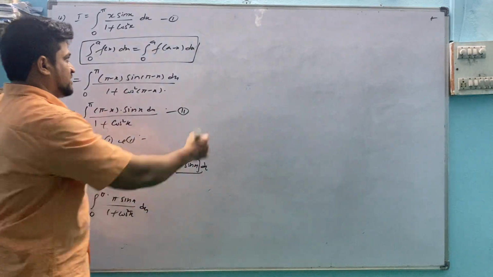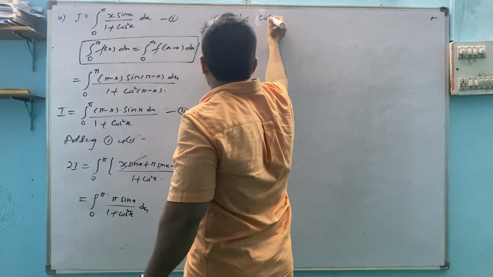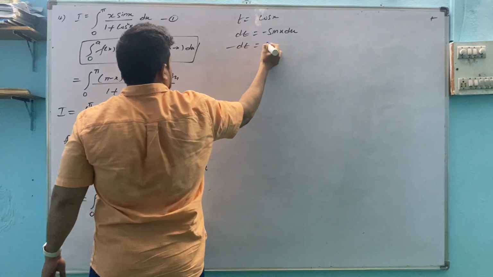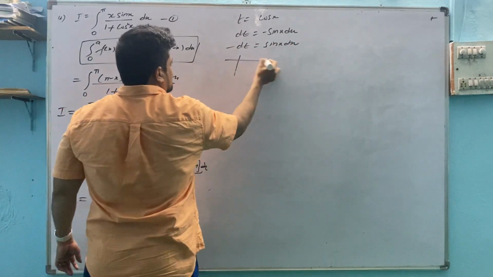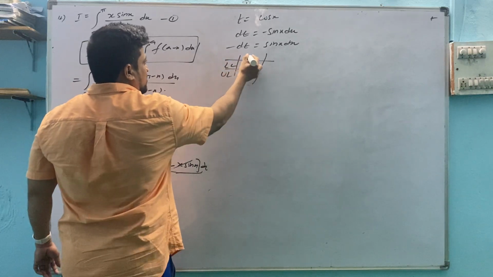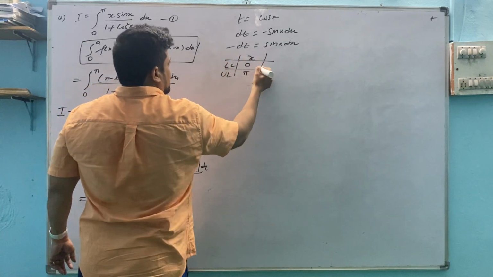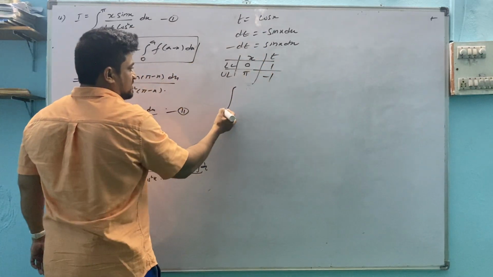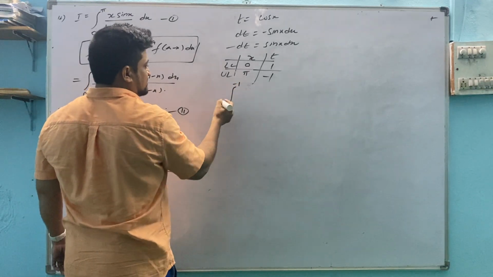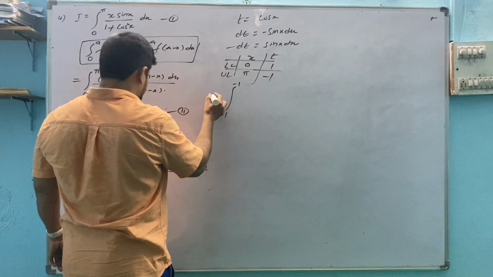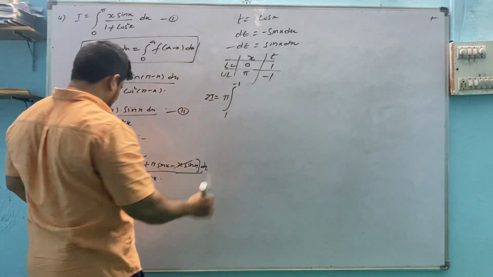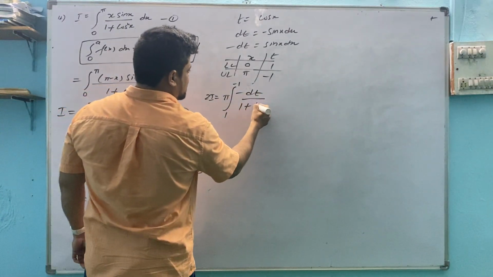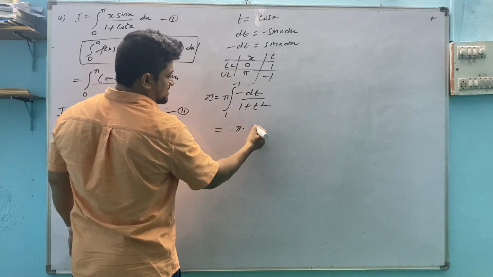Clearly it is the substitution method. So t is equal to cos x, dt is minus sin x dx. So minus comes here: minus dt is equal to sin x dx. Because it has limits, we take the lower limit and upper limit, x values 0 to pi. Now the values are in terms of t: cos 0 is 1, cos pi is minus 1. Integral 1 to minus 1, lower is 1, upper is minus 1. Pi is outside. Sin x dx is minus dt. 1 plus cos square is 1 plus t square. Minus pi into 1 by 1 plus t square is tan inverse t.